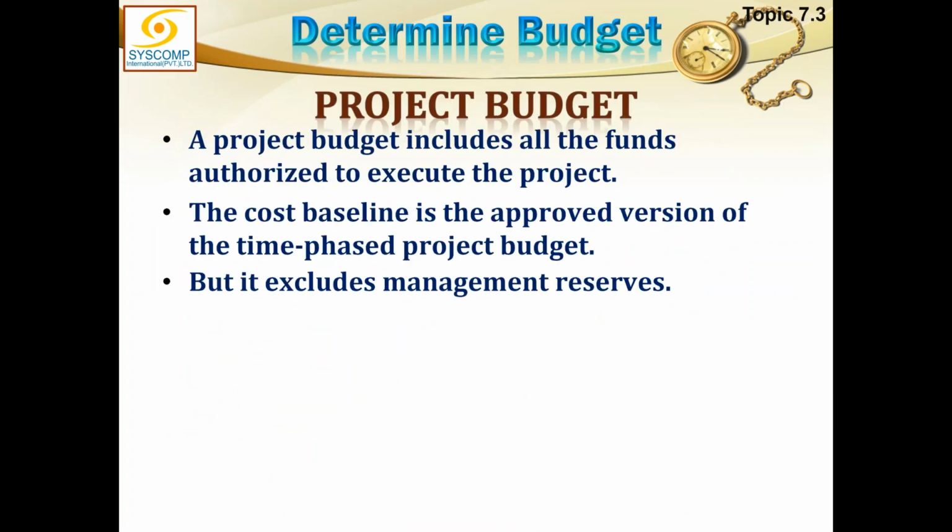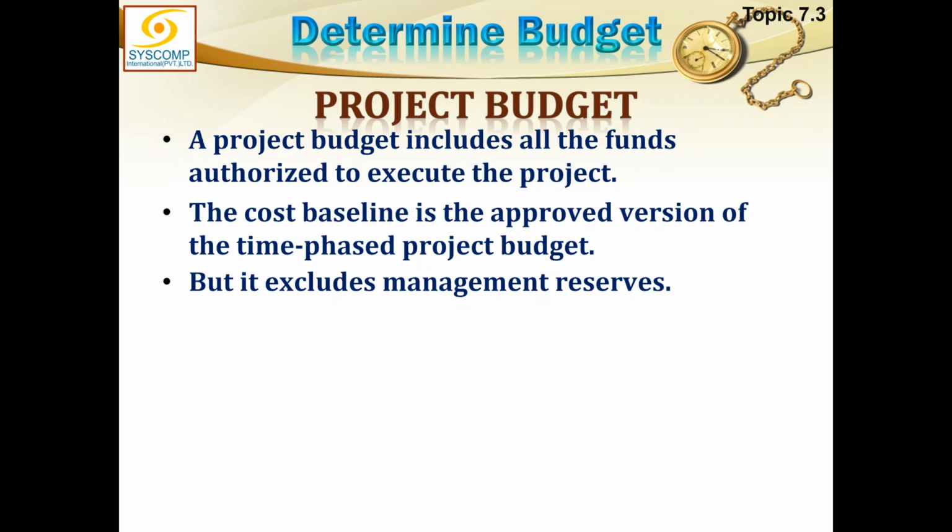The project budget includes all the funds authorized to execute the project. So there should not be anything outside of this budget. Everything included is called the project budget. The cost baseline is the approved version of the time-phased project budget. According to the funding limit reconciliation, this much money, this much spending, and ultimately all the work which has to be done is covered under the cost baseline, and then there is some reserve kept by